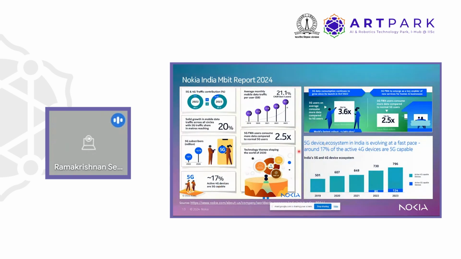One other trend, of course, is quite intuitive: whenever an operator deploys 5G fixed wireless access, we tend to see an increase in data traffic. By fixed wireless access, I mean something like an air fiber or a CPE that you fix outside your house, and it directly communicates with the cellular tower and then gives you Wi-Fi access inside the house.